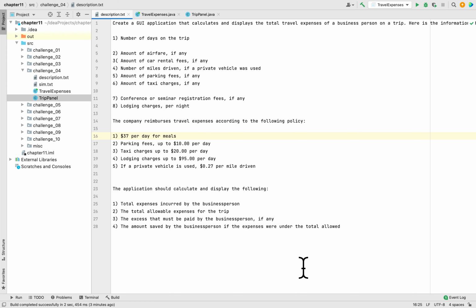Today we are working on Programming Challenge 4 in Chapter 11 in the book Starting Out with Java. This programming challenge is to create a GUI application called Travel Expenses. We have to calculate travel expenses for a business person, and we have to ask these questions: